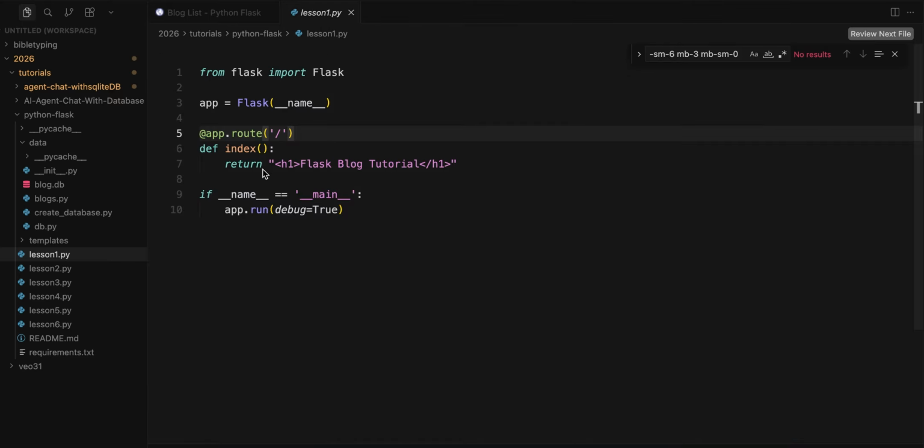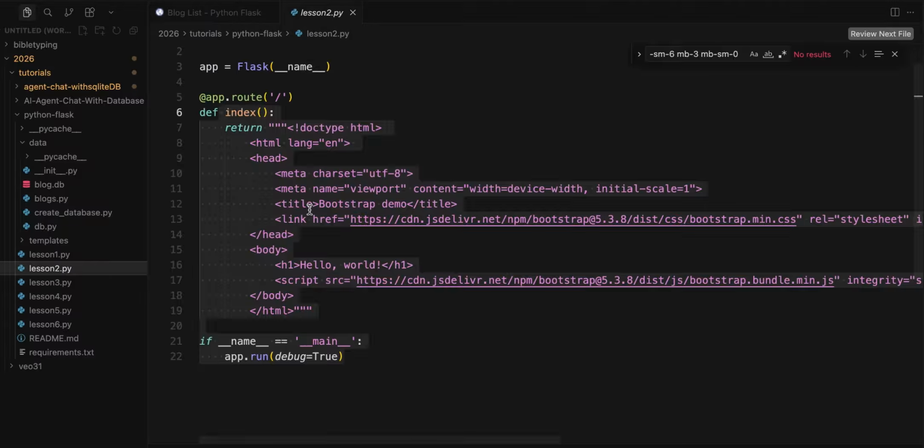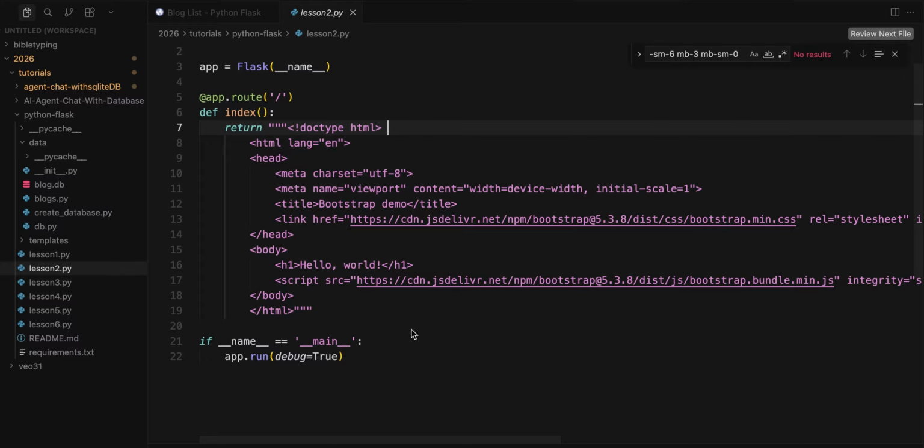You can see all, so you can put all your HTML here, you can print anything, it will be right there. So let's go to the lesson 2 and you will see what I'm doing here. So I just copied this Bootstrap basic page. You can go on the Bootstrap website and copy this page, and then you can see this in action. So I just copied that, and you can copy it and you just observe these 3 triple quote. That's how you do multiple line of code when you want to return